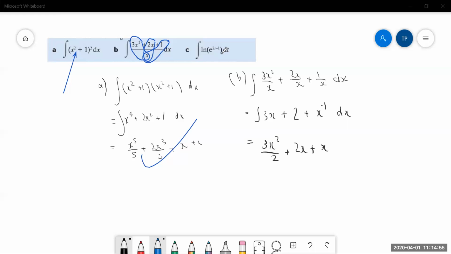Wait, if it's x to the minus 1 plus 1, so I get x to the 0. No. How do you integrate 1 over x? It becomes x to the minus 1. Differentiating ln x, how do you do that? Oh, you do differentiate, not integrate. Differentiate, you get